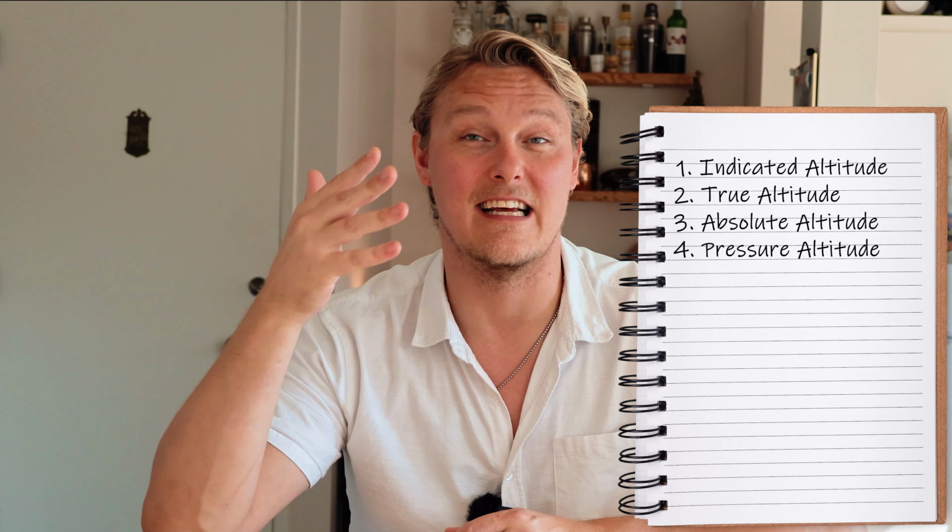When we say altitude, we don't always mean the same thing. In fact, depending on how you measure it, there are several different types of altitude. Not one, not two, but 5 different types of altitude: indicated, true, absolute, pressure, and density altitude. In this video, we'll break them all down and show you how they're used and explain why it's so important